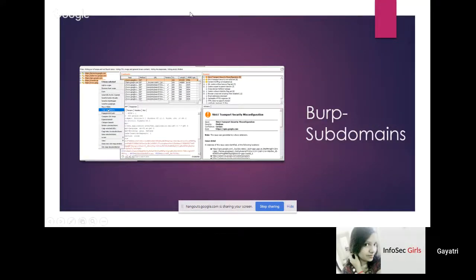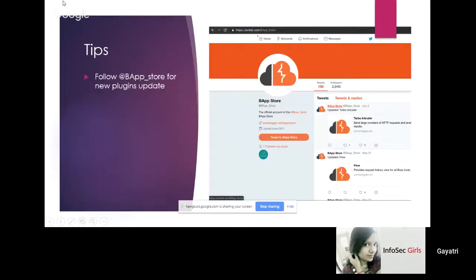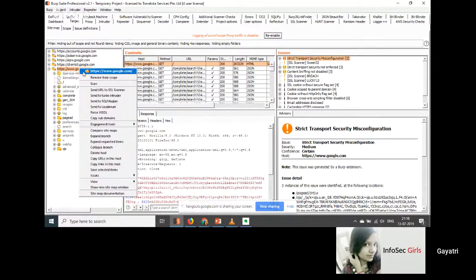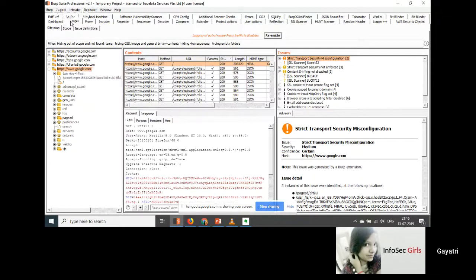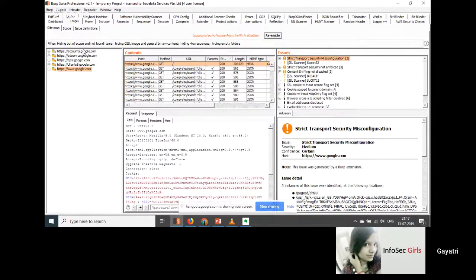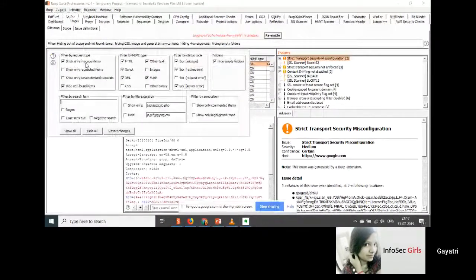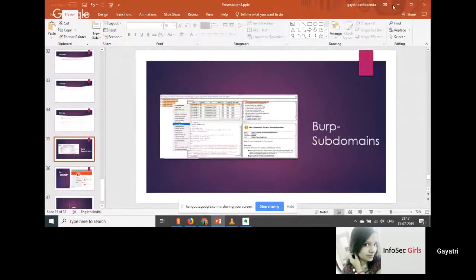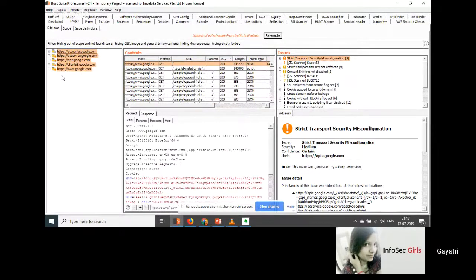You can hit the base URL like this, and if you put the URL into your scope, you can see something like this. You can use advanced scope control. So instead of www, if you change it to a star, you can see all the subdomains of that particular domain. In this case I'm showing it for demonstration only. It's google.com, and I just filtered it to only in-scope items, so it is only showing those particular items. When you install this plugin, Burp Subdomains, you can copy the subdomains